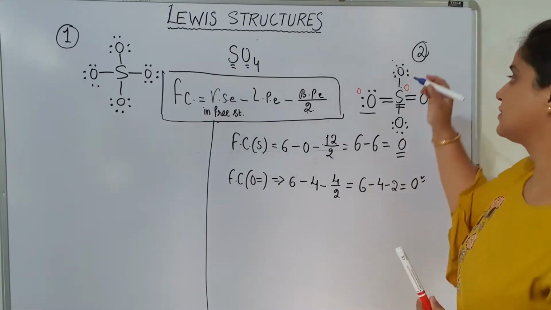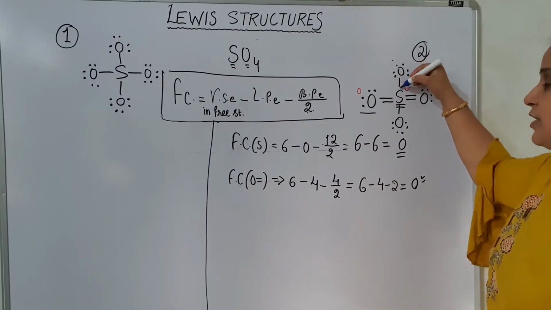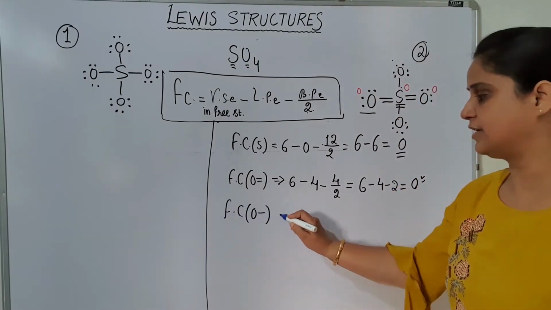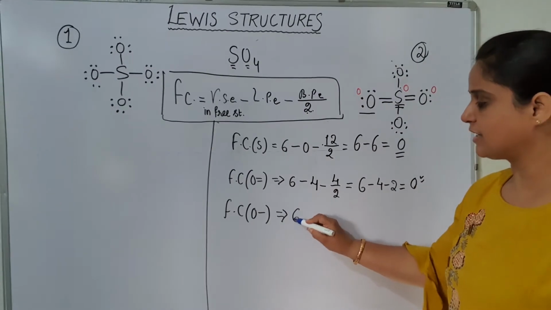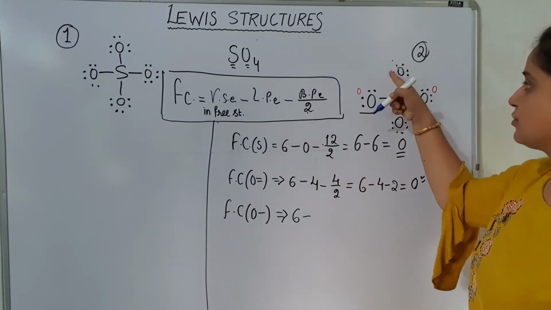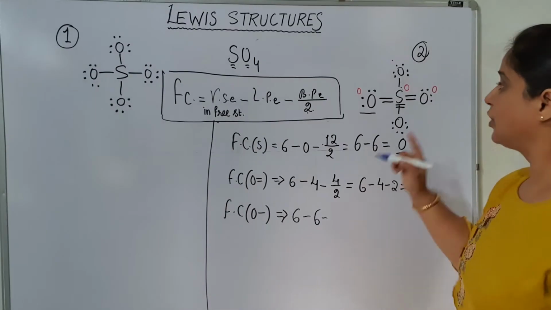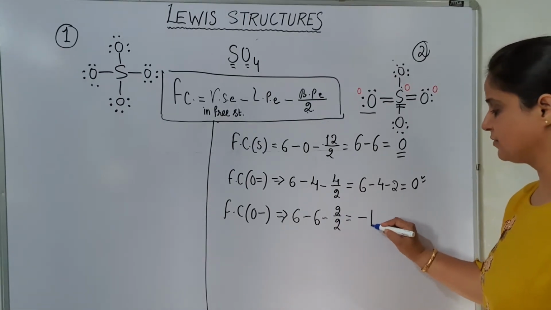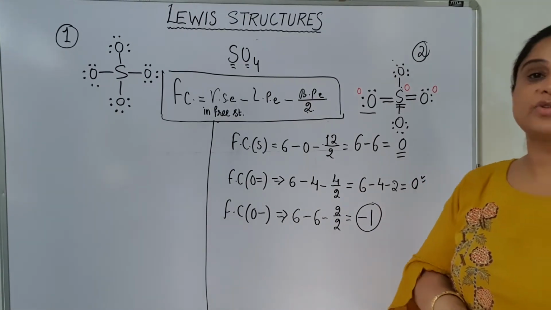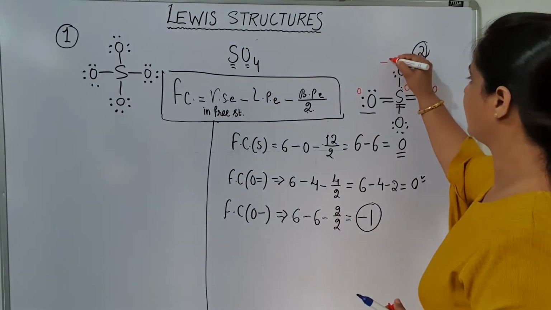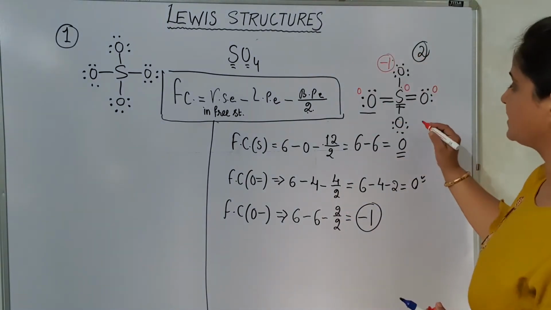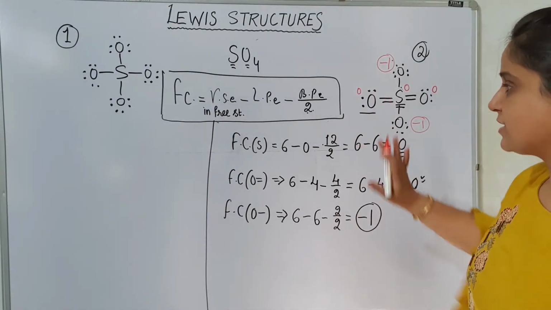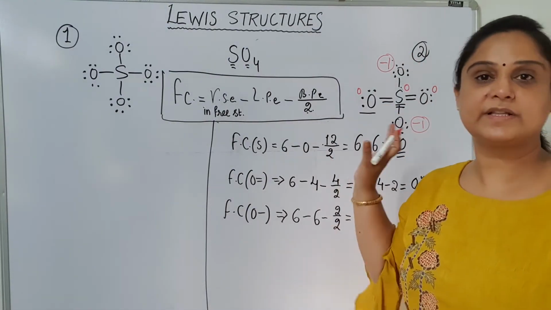On the other hand, we have this oxygen. Let's find out the oxygen which is bonded with a single bond only. So the formal charge on the other oxygen which is singly bonded with the sulfur: outermost shell electrons, obviously 6, lone pair electrons 1, 2, 3, 4, 5, 6, bond pair electrons only 2, so this is 2 by 2, so how does it become? Minus 1. So the formal charge on this oxygen atom is minus 1. Obviously this one will also contain minus 1 because both of them are of the same kind. Okay, so these are the formal charges present on different atoms in this particular molecule.